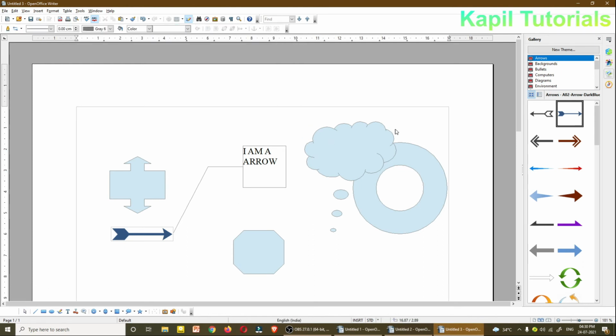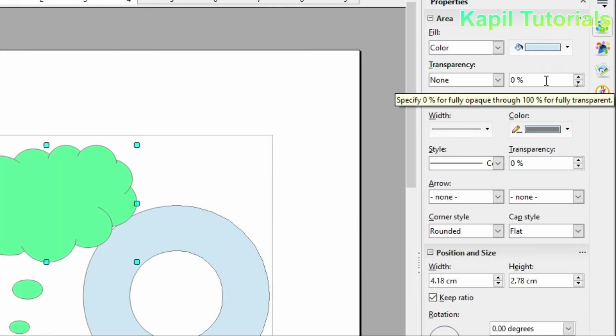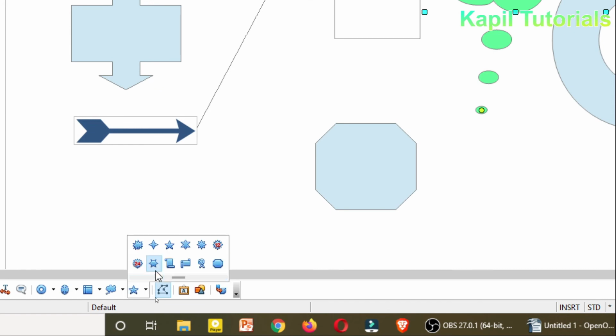Color, of course, you can select yourself, you know very well. From here you can select the background color. And text, I have already told you how to write. So from here you can do all the things. Then the next tool is using the stars, different kinds of stars.